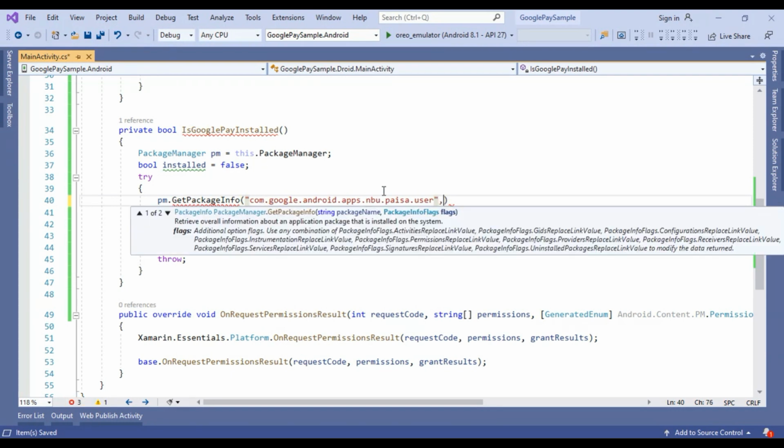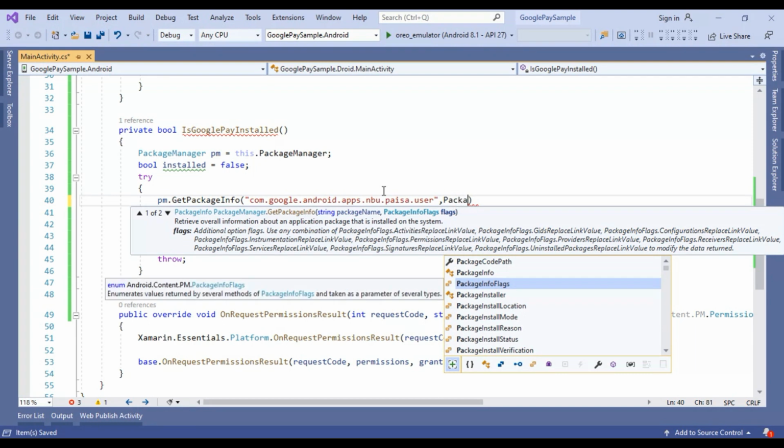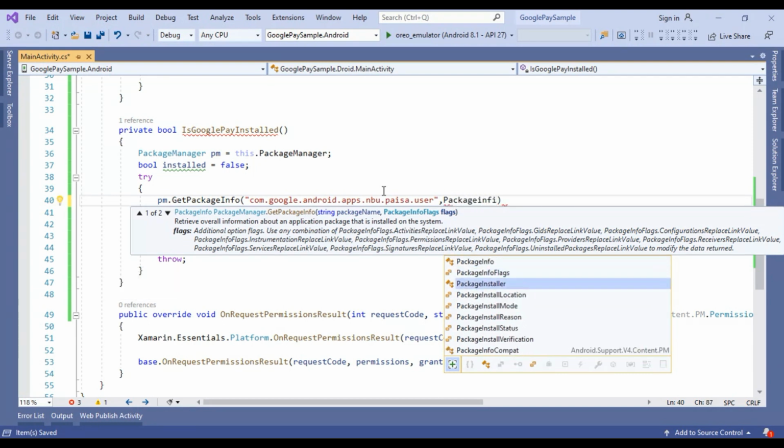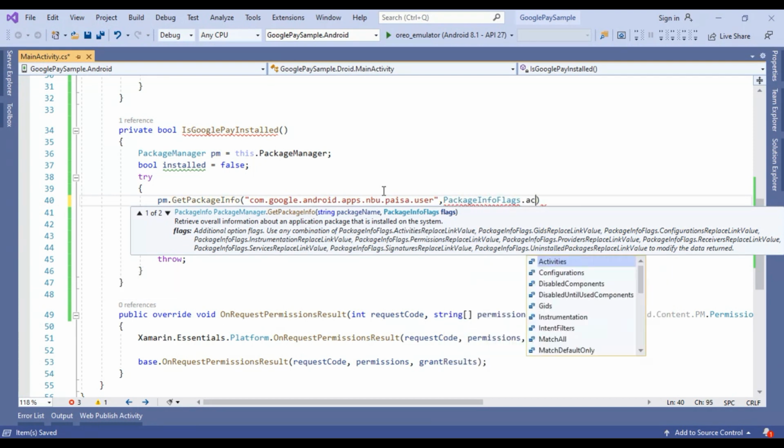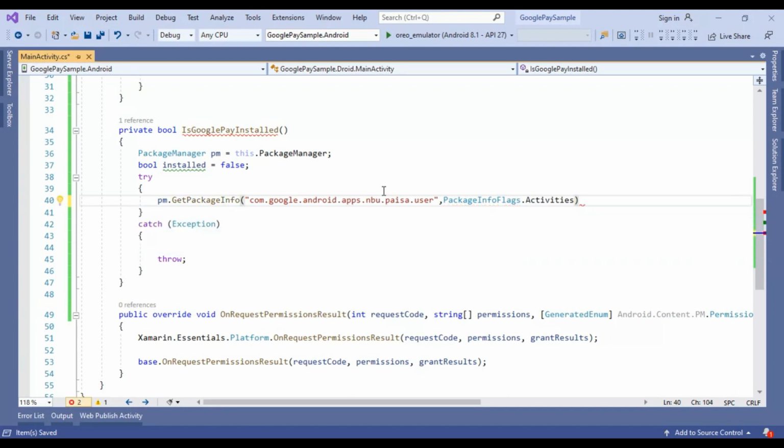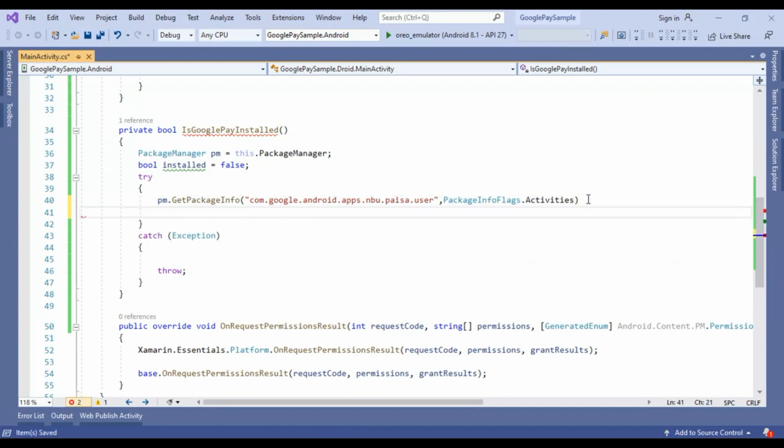The second parameter we need to pass is the package info flag, dot activities. If this line runs successfully, then it means that Google Pay is installed, so I am putting this installed flag as true.